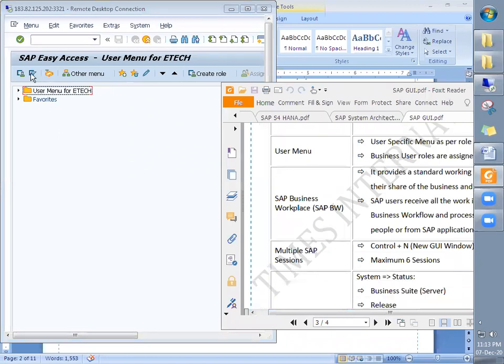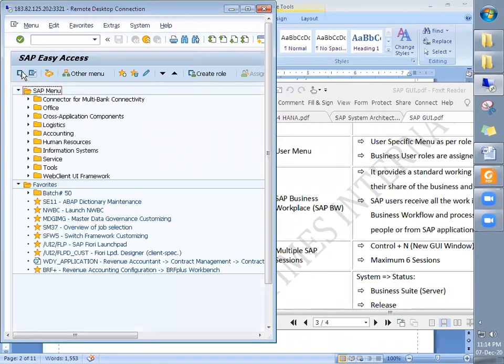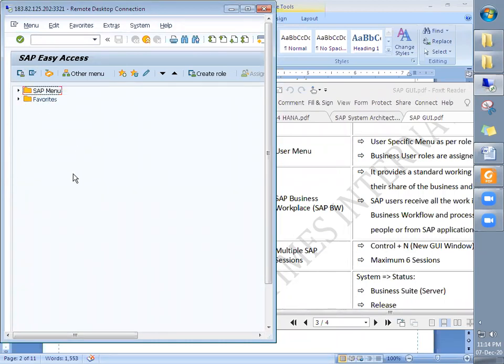And then you see this is the main menu. This is the main menu and this is the user menu, which I just discussed, right? You can hide this one, so you can minimize it.